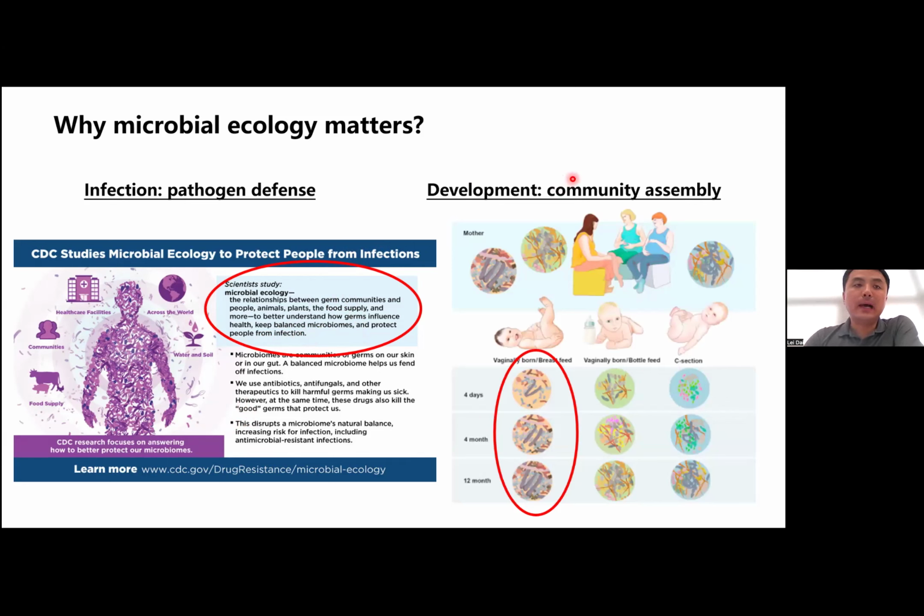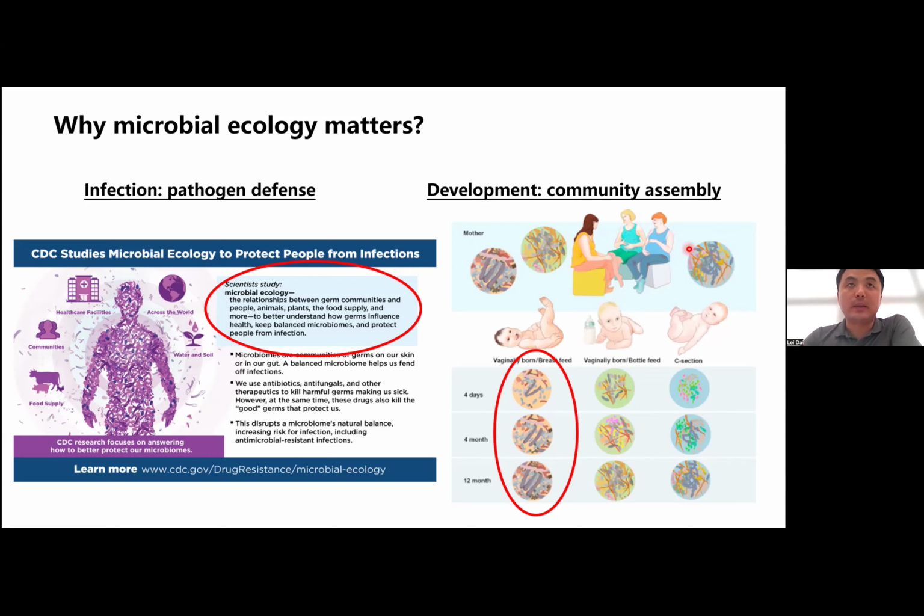Another point is that when we were born as babies, we started from a germ-free state, and then we got exposed to microbes from our parents and the environment, and there's a community assembly process, very much like a rainforest, where if you start with a fire, there's nothing, and then you have some small plants, and then the big plants, and then there's an ecological succession process. So in our gut, there's also a succession process where some microbes become dominant and then are replaced by others, and it's a very interesting community assembly process that over the first 3 to 5 years leads to